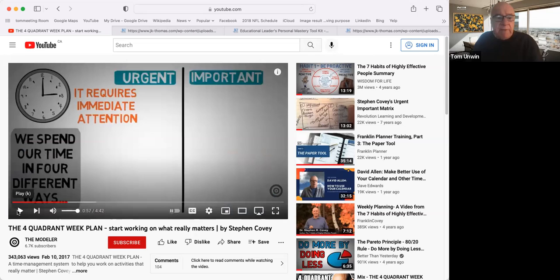I'm going to stop it, because what they've done is create a matrix in 4 parts, divided by a horizontal axis and a vertical axis. In those 4 quadrants, he puts urgent and not urgent along the top, and important and not important along the side. So the first block represents things that are urgent and important, and the second block is urgent and not important. Then down below, there's not urgent and important, and not urgent and not important. He explains what each of those things are.